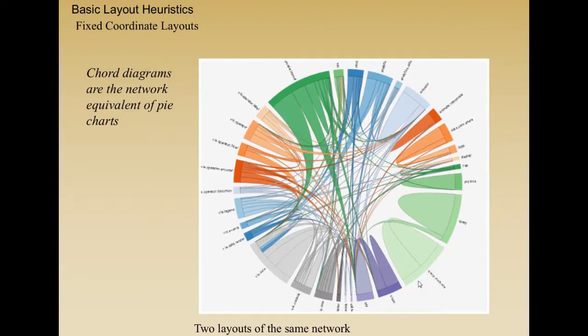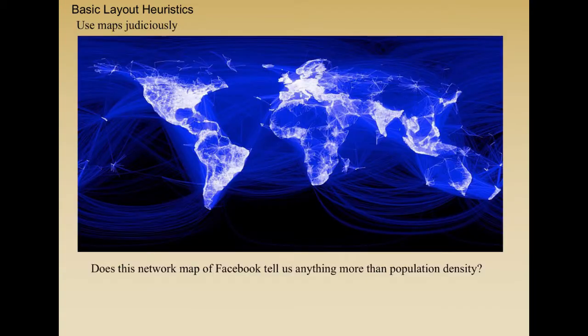These are pretty, right? These are called chord diagrams. They're the network equivalent of pie charts. They're essentially useless. Avoid them at all costs, all right? I don't know how anybody sees anything with these things. These types of networks are beautiful, and remember the advantage of a world map or other kind of spatial visualization is it gives you an audience frame of reference, but at this sort of scale, really what you're getting is population density, right? So make sure that what you're getting out of something like a map is something that you need a map for.